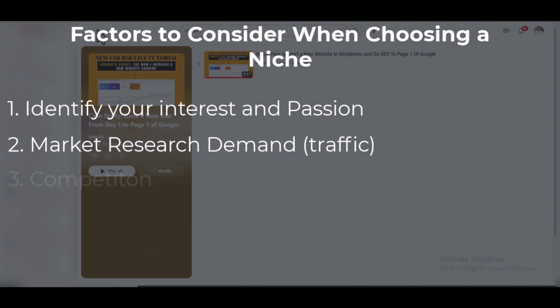Then the third thing you need to consider is to assess the competition of your niche. It is very important you assess the competition of your chosen niche. Look for existing blogs or websites that cover similar topics and analyze their content. The reason you should consider competition when choosing the niche is that competition will determine how fast or how easy you can drive traffic to your site using SEO, that is ranking high on Google. Competition is what determines how fast or how long it will take for you to rank high or drive traffic to your site. So it's very important you consider the competition of your niche.